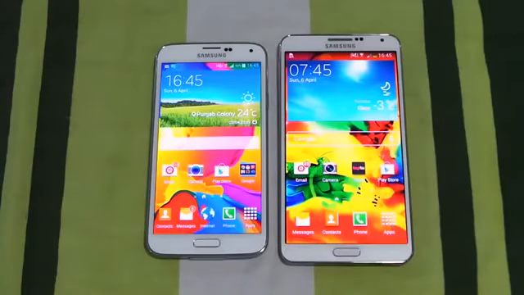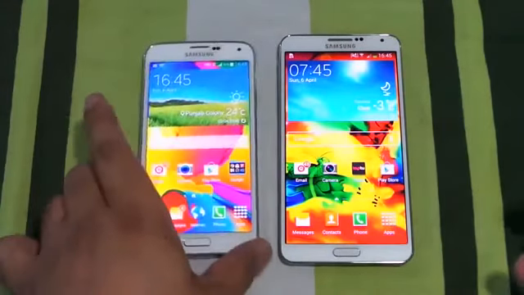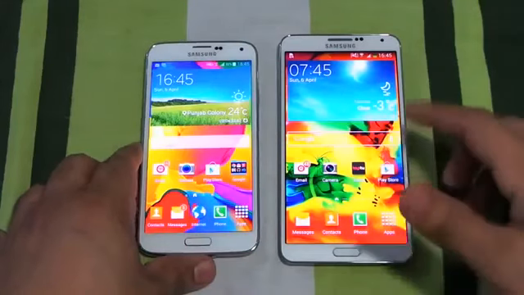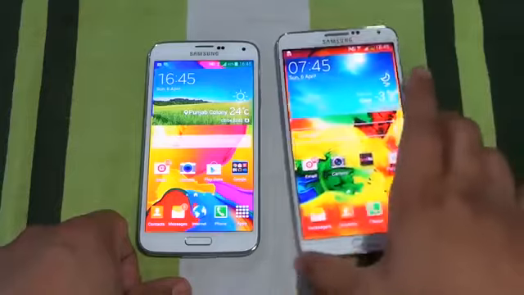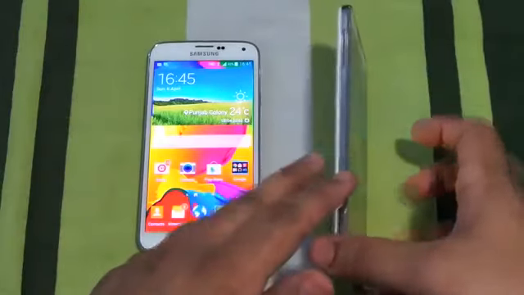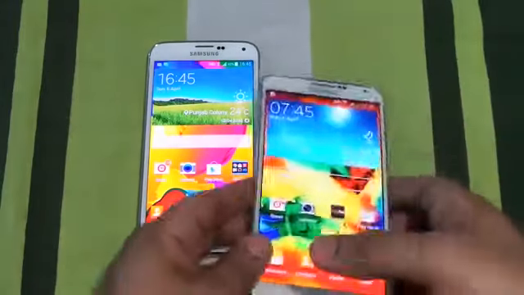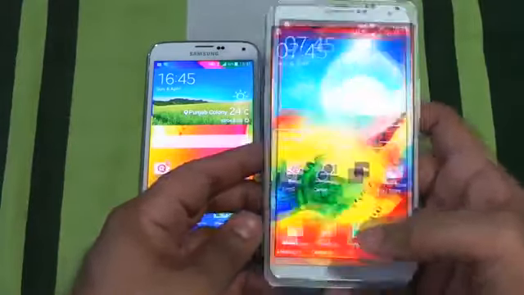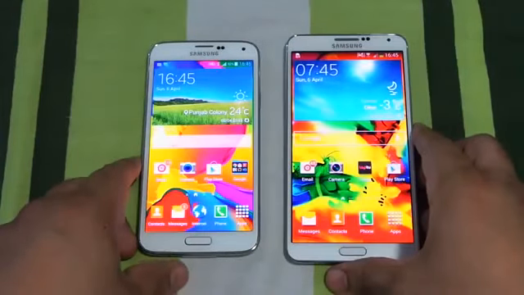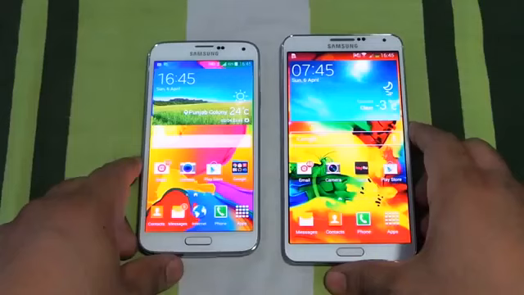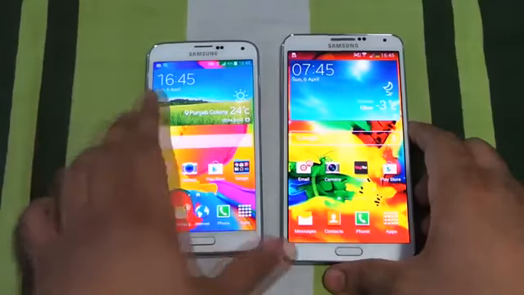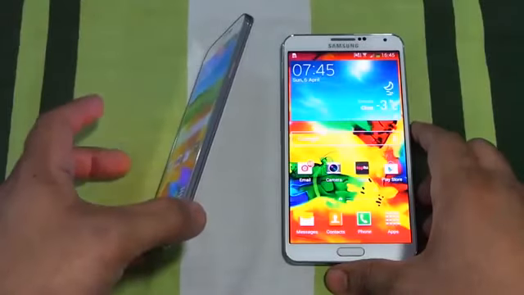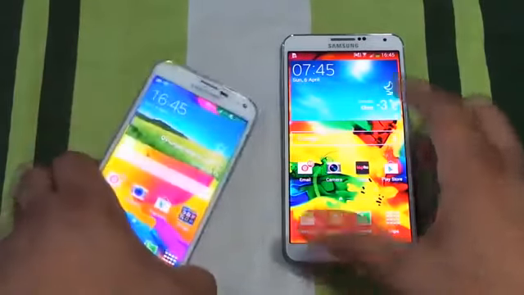Now let's talk about the measurements of these devices. So guys, Note 3 measures 151.2, which belongs to the height of this phone, by 79.2, which belongs to the width of this phone, and Note 3 is 8.3 mm thick and it weighs 168 grams. And this is in comparison to S5 measurements of 142, which belongs to the height of this phone, by 72.5, which belongs to the width of this phone, and your S5 is 8.1 mm thick and it weighs